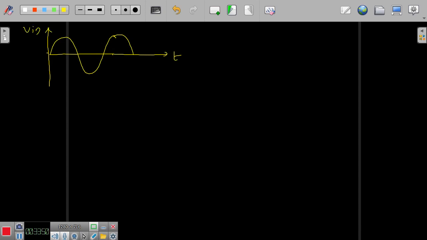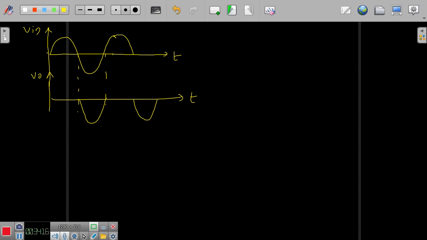Now I want the output to be like this. I want the output to be like this. So what suggestions or modifications do you suggest here